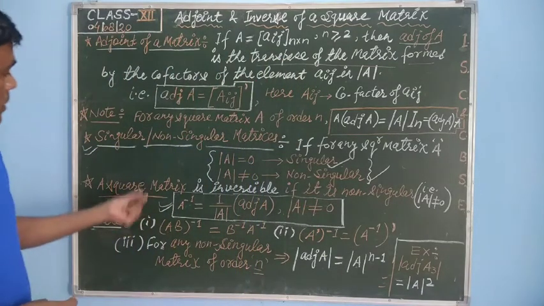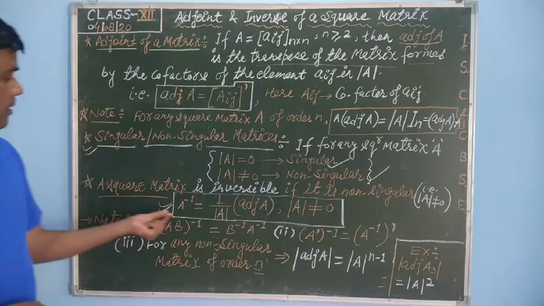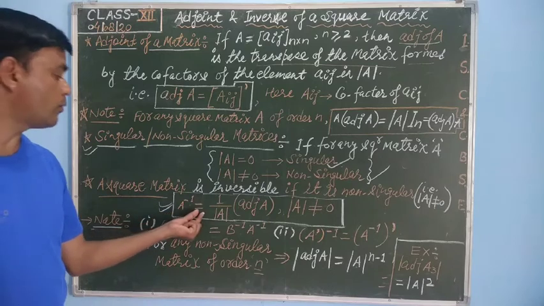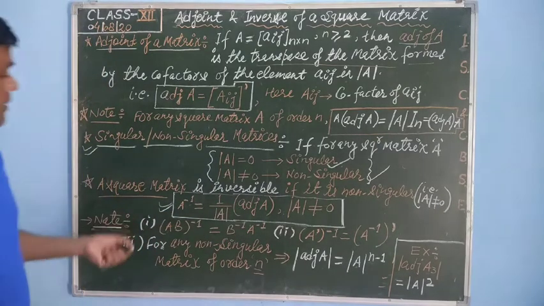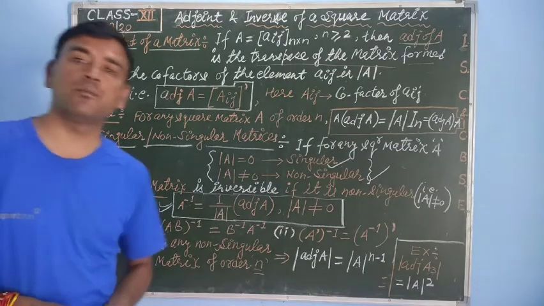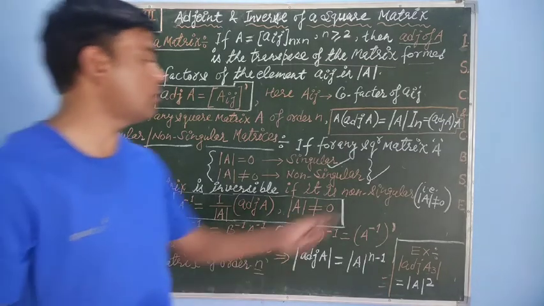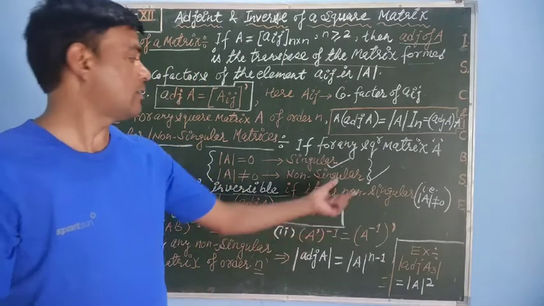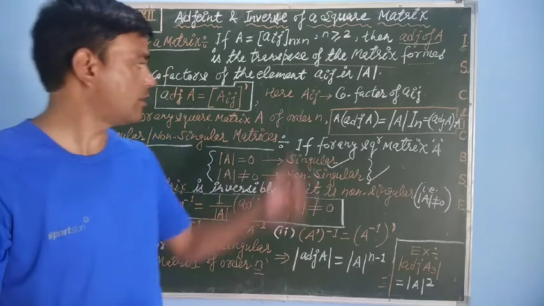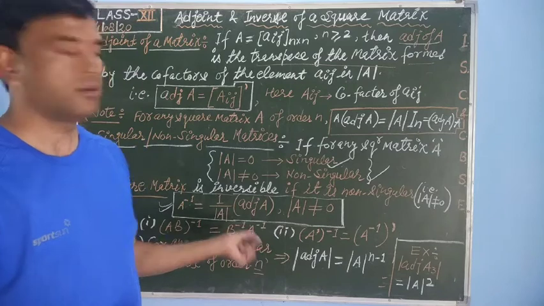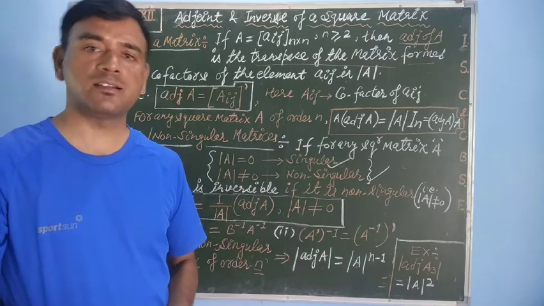One of the most important things is how to find the inverse of the matrix, which you can easily find using this formula. And before finding the inverse of any matrix, you have to check for singularity or non-singularity. That was already given to you. Now we will discuss some examples related to the inverse of the matrix, and then we can easily understand that.